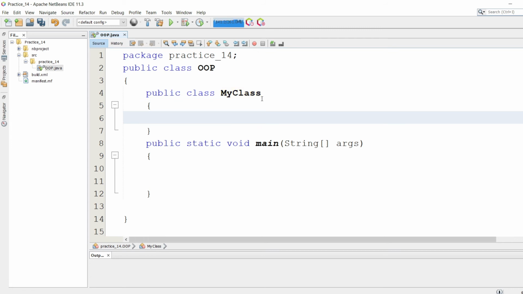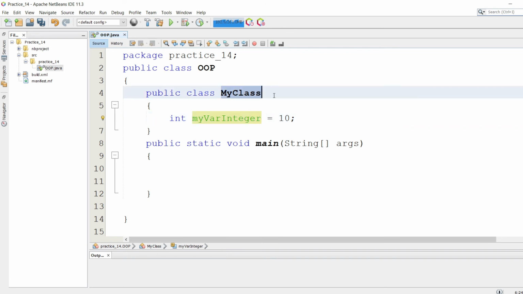And whenever you define a variable in Java, there is a convention that you should give the name of the variable in camel case, like this, myVar equals 10. The variable name starts from a small letter, that is m here, followed by uppercase V. If you want to add another word like Integer, then it's capital here. So this one is camel case and this one is proper case. It's just a general convention to define the class and the variable in Java.